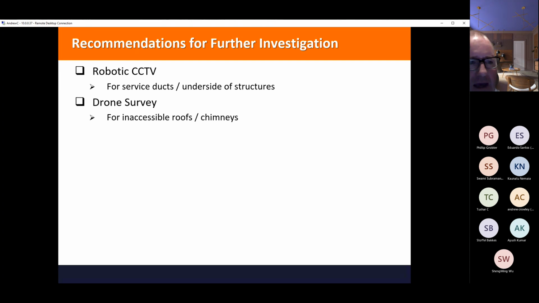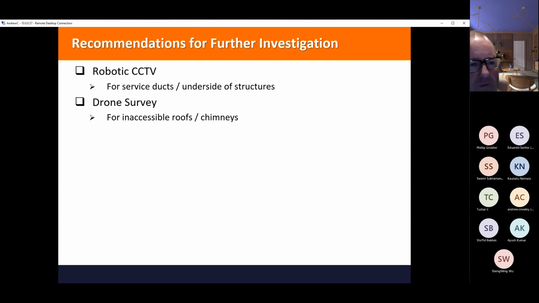But beyond that, your next topics could be, we recommend that you do further investigation, and these could include CCTV surveys, usually for the underside of a structure, or drains. It's always worth doing drain surveys if there's foundation issues and there's soft ground or puddles or ponding in the area around the building.